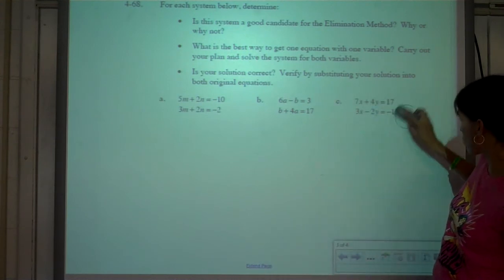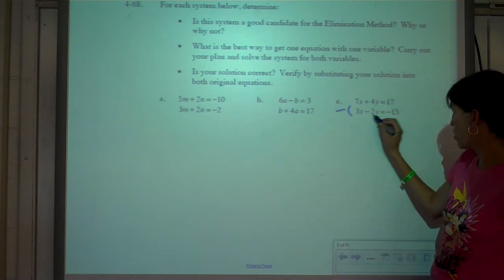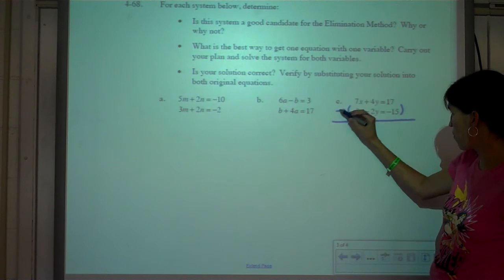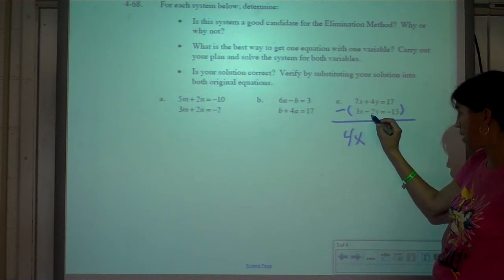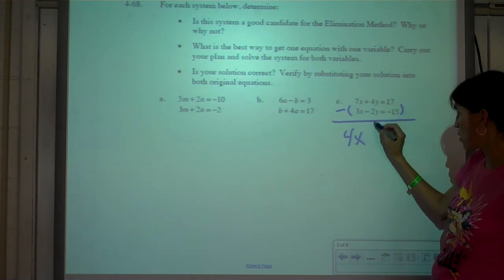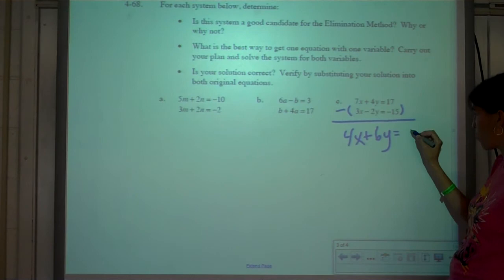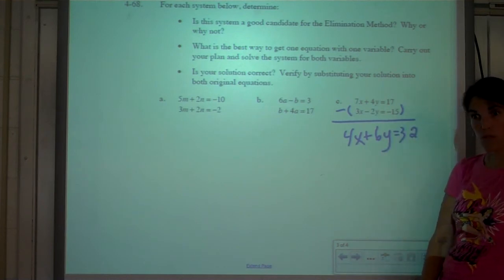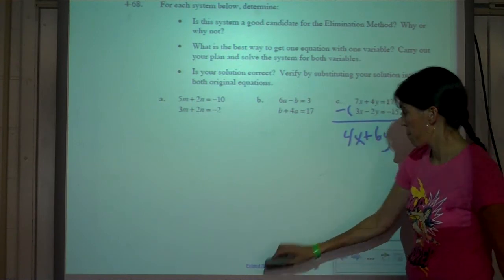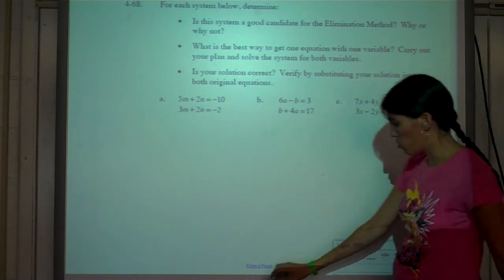Could we subtract right away? If you subtract the whole entire equation, 7 minus 3 is 4. Subtracting a negative is the same as adding, so 4 plus 2 is 6. Subtracting a negative is the same as adding, you get, I don't even know what that is, 32. Did you eliminate a variable? No. So, what could you do, what did we just work on,